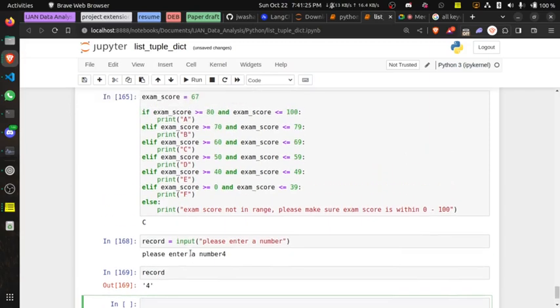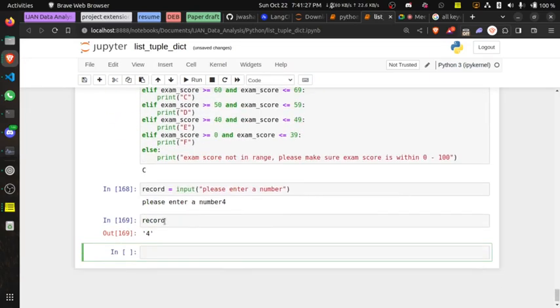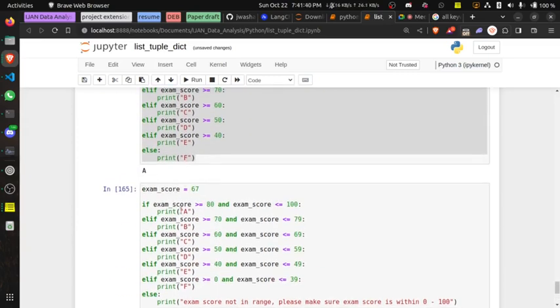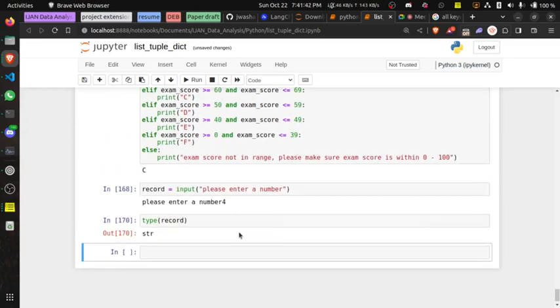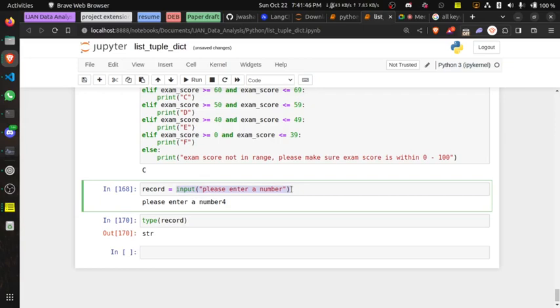Now we can use the same thing here, but before then, if you check the type of this record, the data type, I did show us how to check data type. You find out that the data type here is a string. But what we're dealing with here is numbers. So we actually need to convert our input here to a number. How do we do that? There's another Python keyword,